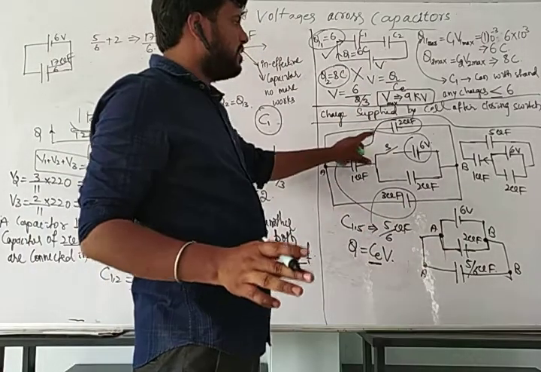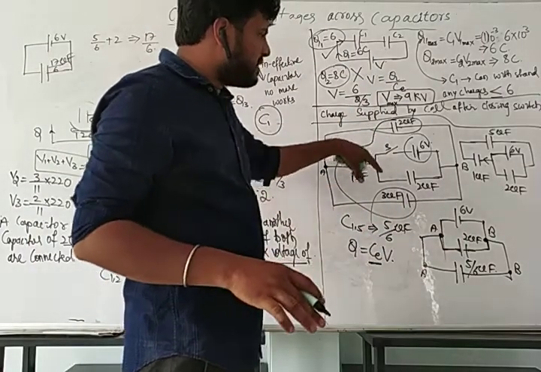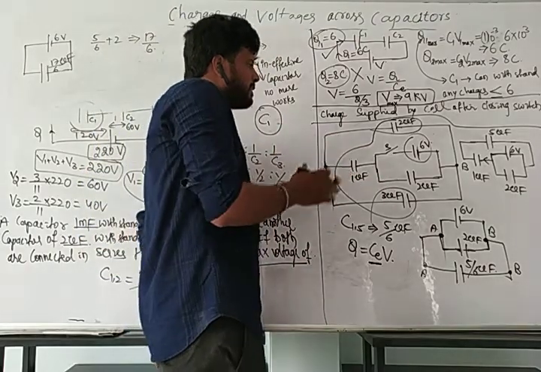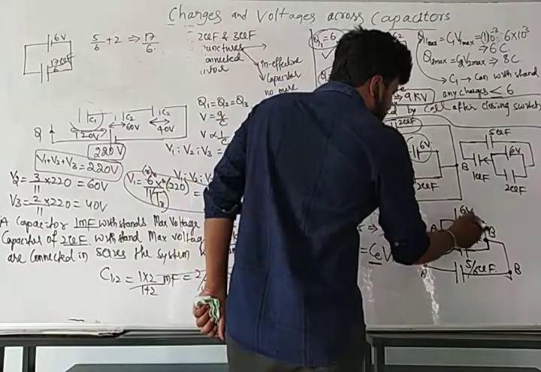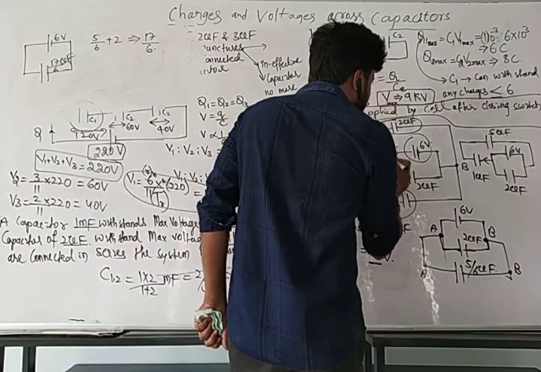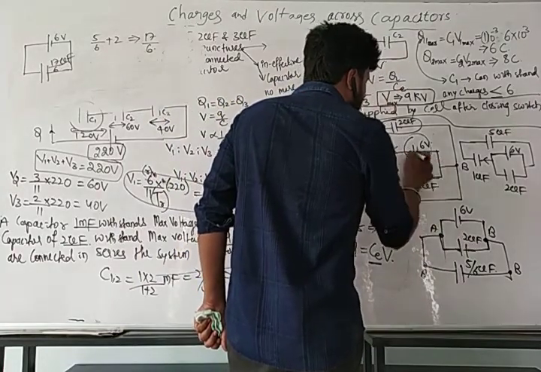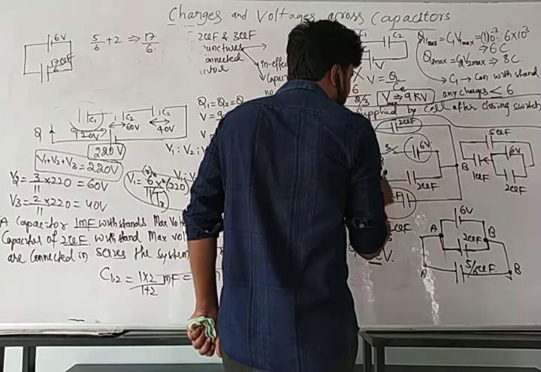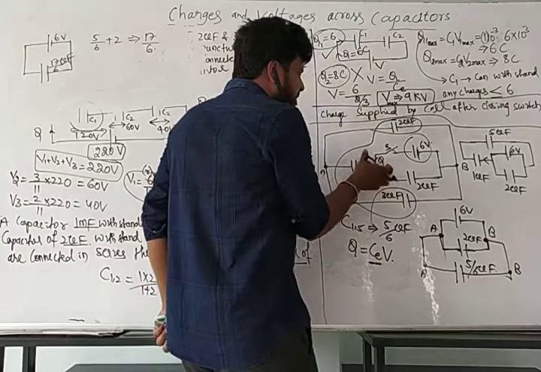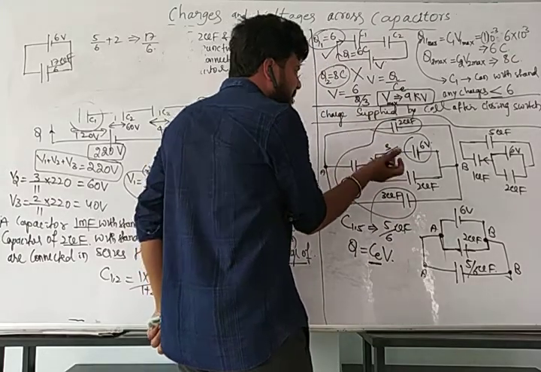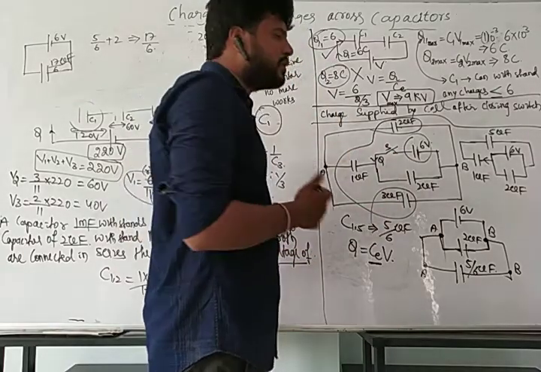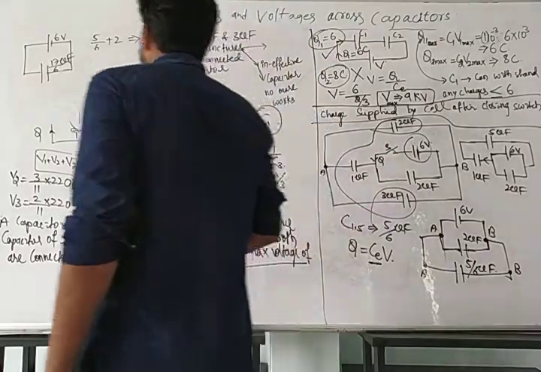If it is closed, you may ask me why you are making this. Without this, the problem will become complicated. How? You can consider this is the cell. If you close this, it will produce some charge, and this charge will get shared between all the capacitors. Instead of considering all these cases, you simply replace all these capacitors with a single capacitance, so that you can find the answer easily.